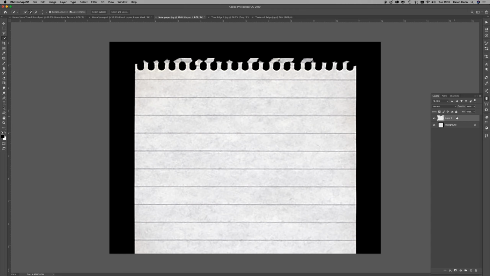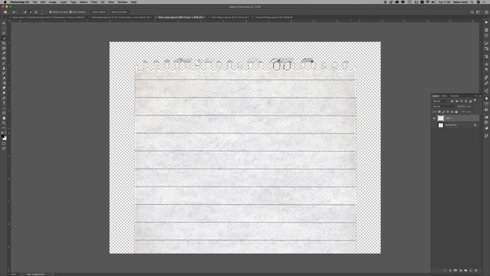So if I have a look over on my layers panel now after doing Command J or Control J, you can see I've got something here called layer 1, and if I hide the original background layer, we've got this cut out version. Okay, now that's fine, but I want a torn edge. And what I've done is I've torn another piece of paper. Now I found this piece of paper. I didn't actually have any paper that looked like this, so I found it online, and